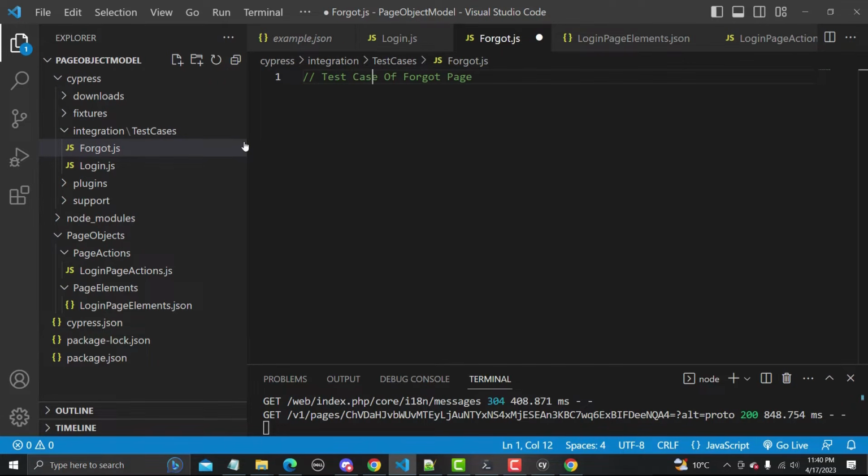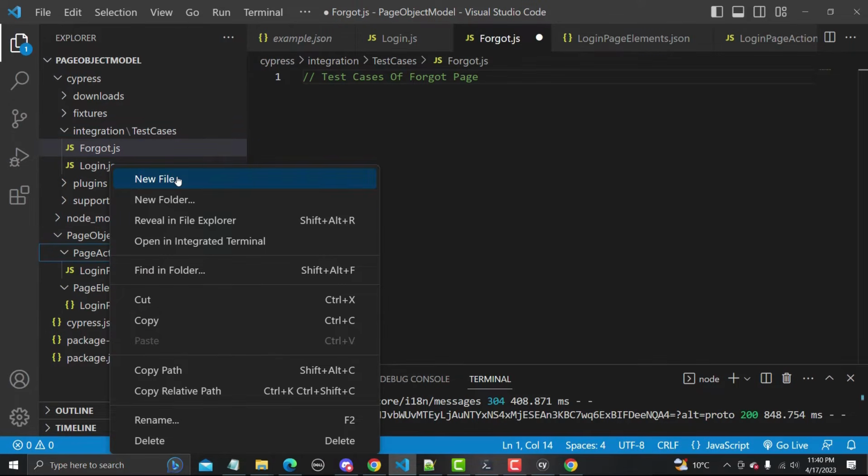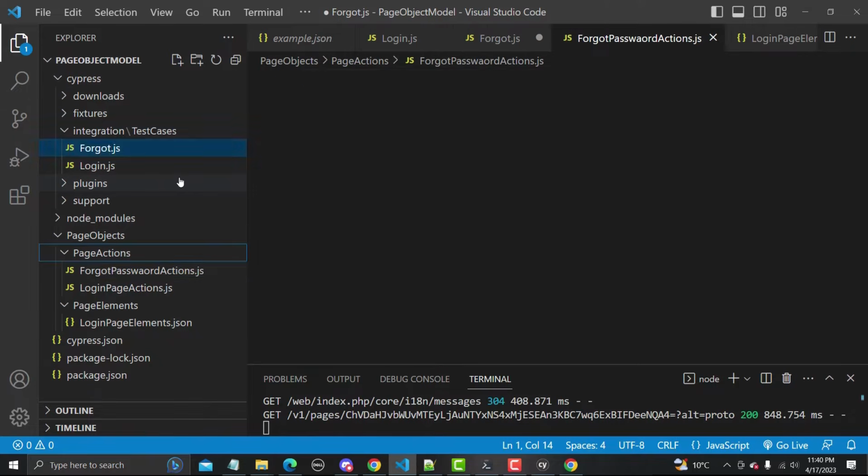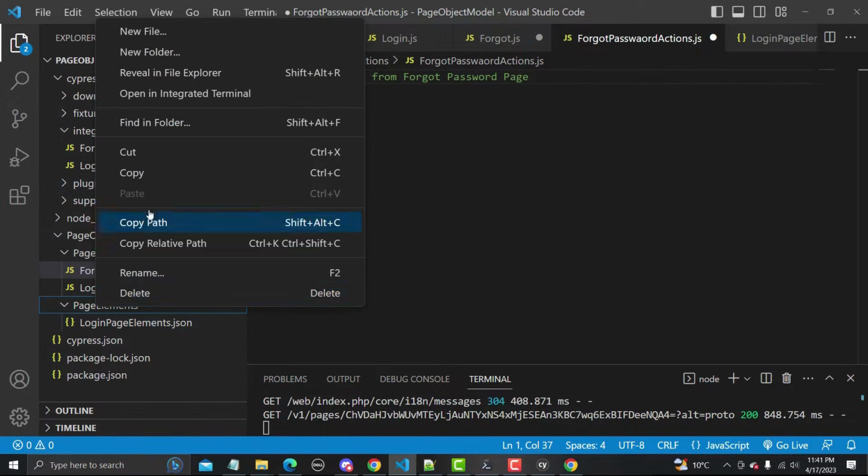This is the file, and here in page actions you will be creating a new file called forgotPasswordActions.js. So here you would be having actions or methods from the forgot password page, and in the elements we